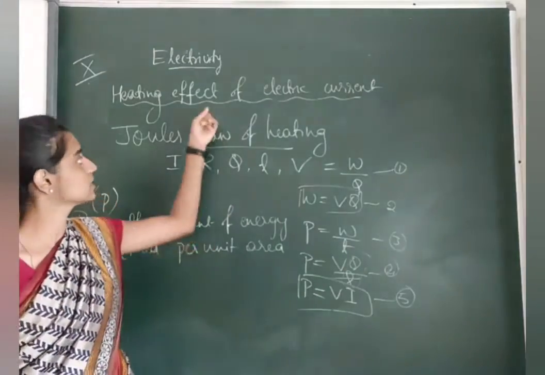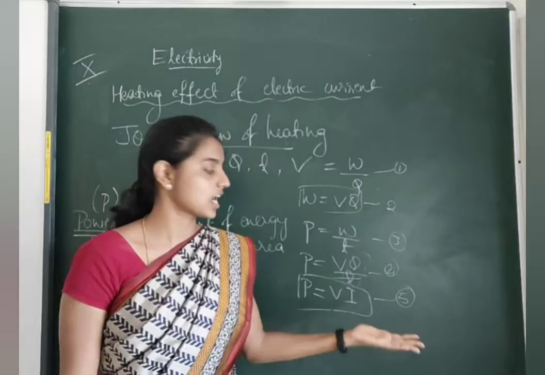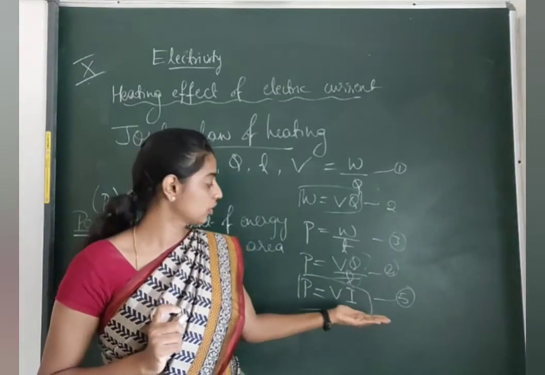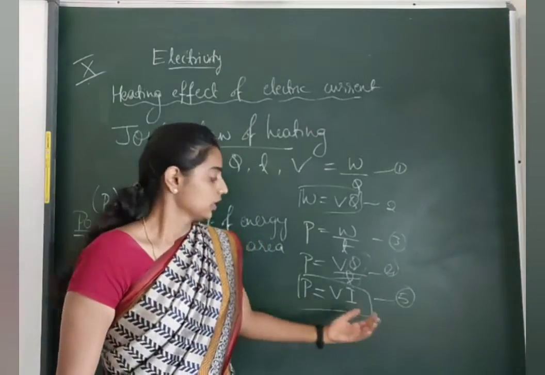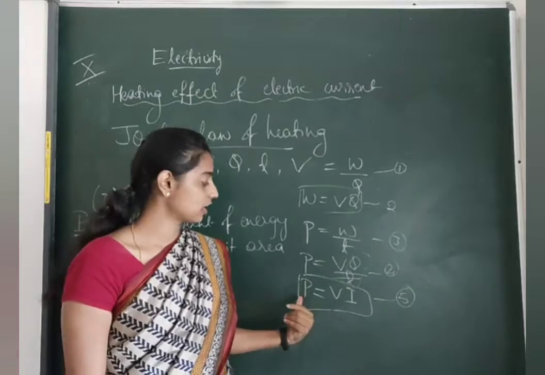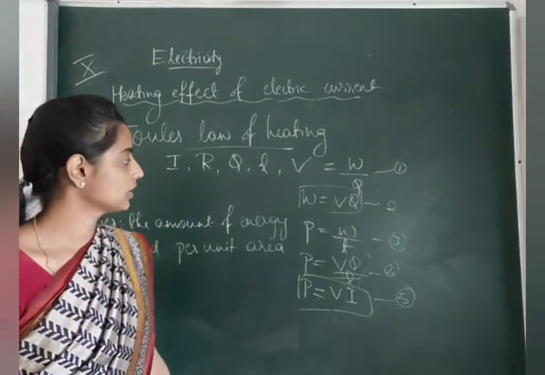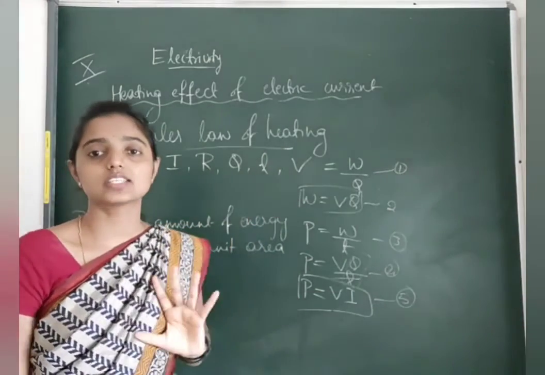As I told, after the heating effect, one more topic we have, that is nothing but power, where we directly start with this equation. So you should recall when I start the topic how we got P is equal to VI. At the same time we also use a few more formulas for the power just by modifying the same equation. Now everyone understood how we got all the 5 equations. So you need to write it step by step.